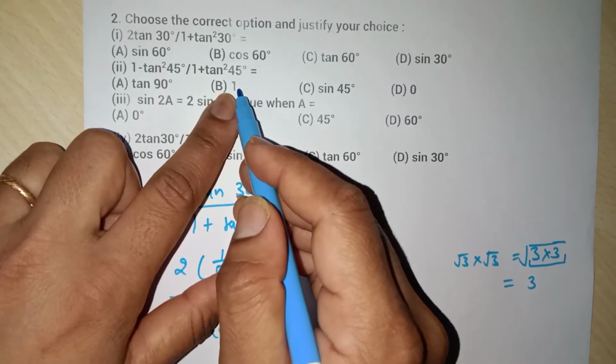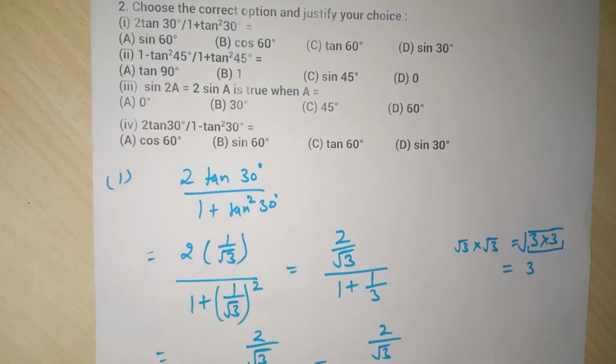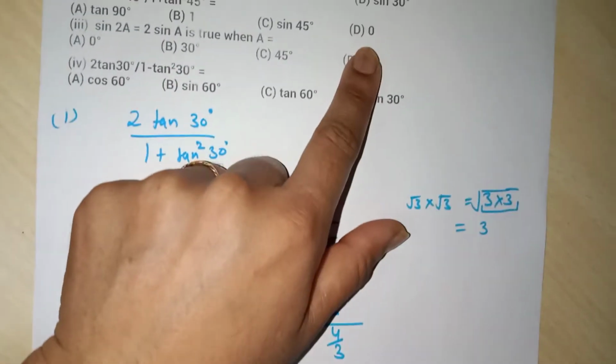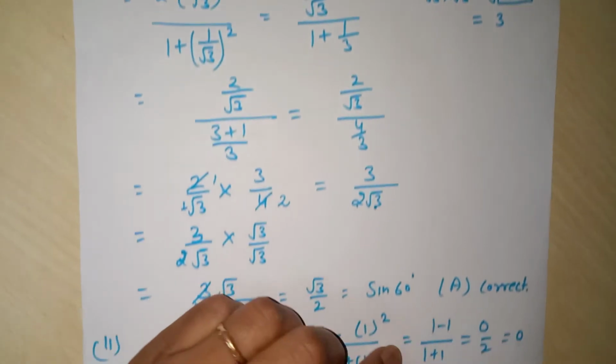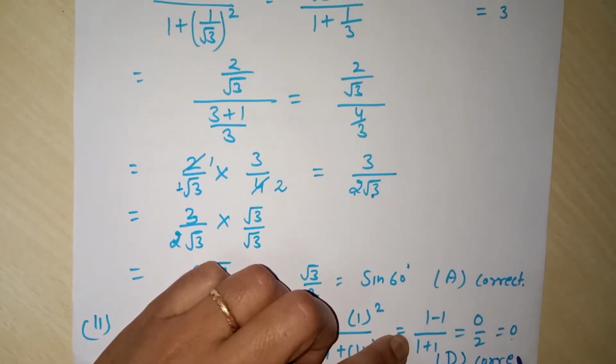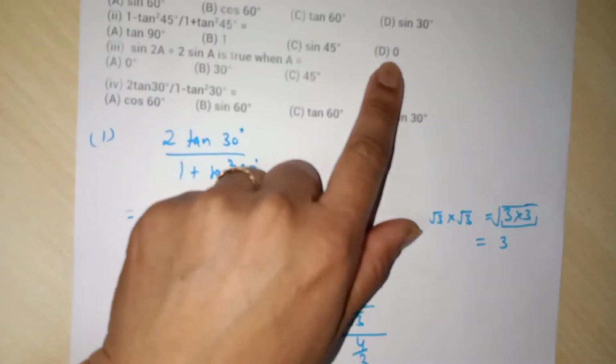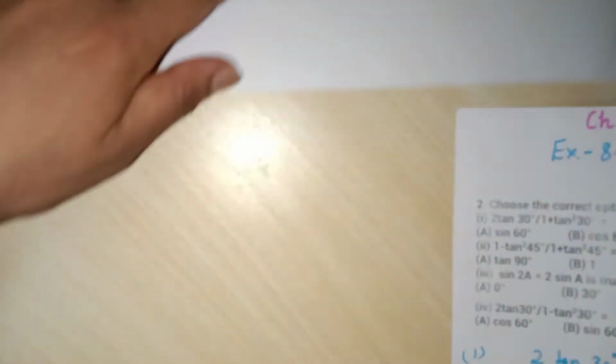Here we have 1 as the option, sin 45 degree and 0. So we get the 0 here. So the option D is correct because we got the 0 as the answer in the given options. Now for the third part